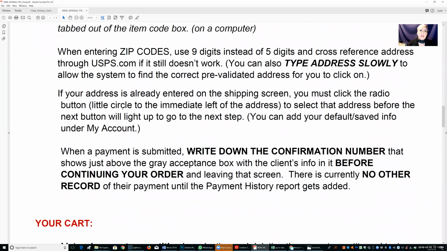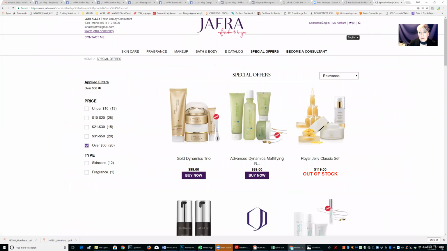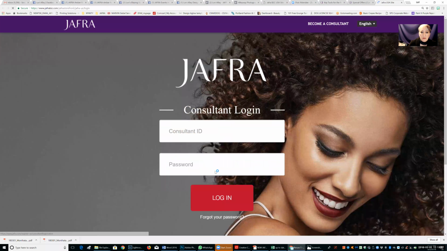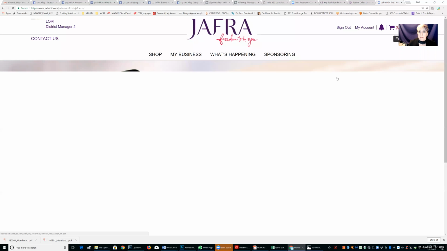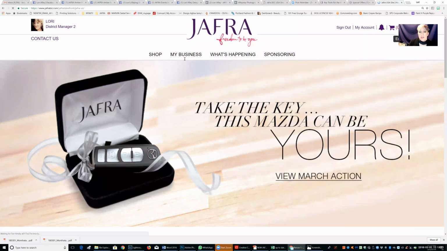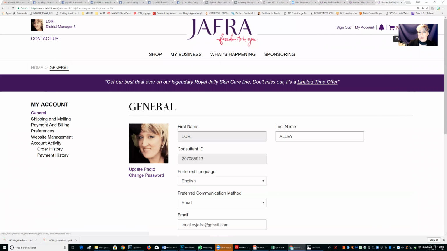Okay, under My Account, this is a really cool feature of the new site and I love it. So under My Account, which is all the way up at the top of your page, wait for it. You have the regular My Business where you can go shop by item code, go shopping for everything else, go to your reports, all of that, which is right here on the top 4 in JAFRAbiz. But if you go up to the right by the shopping cart icon, all the way up on the top across from the logo, click on My Account,